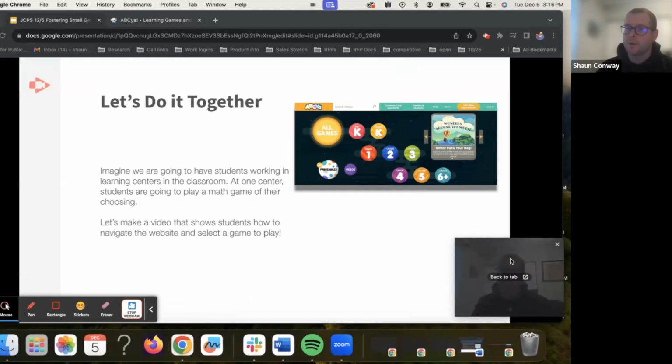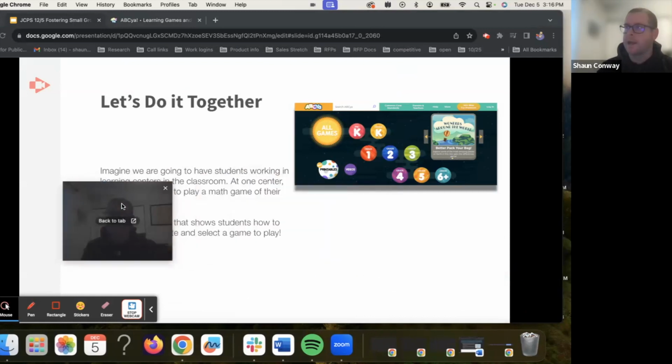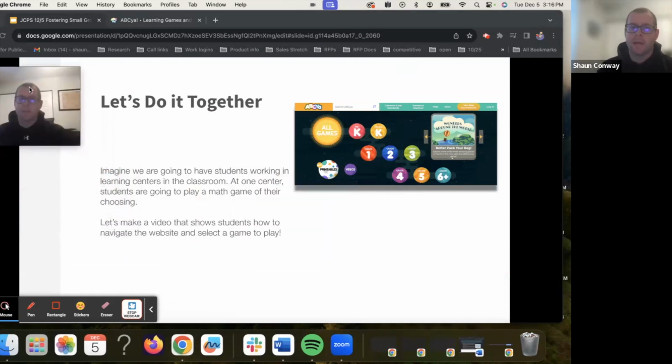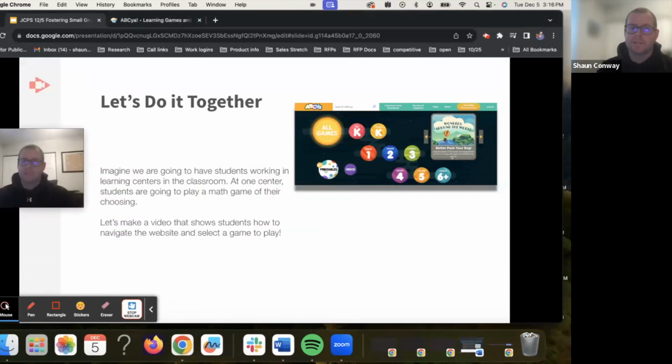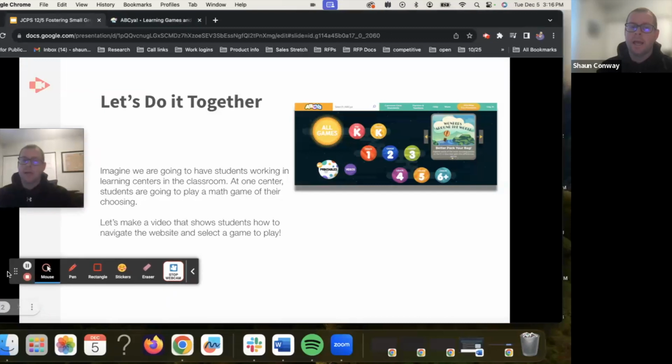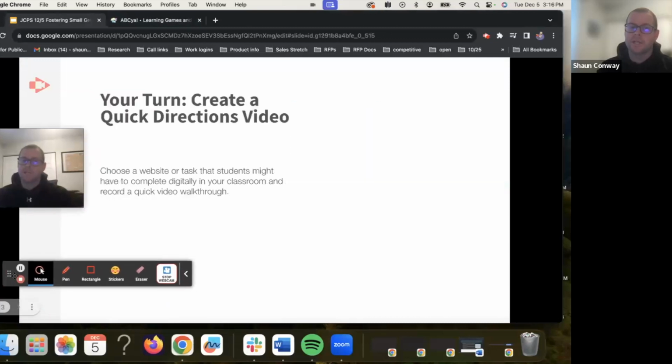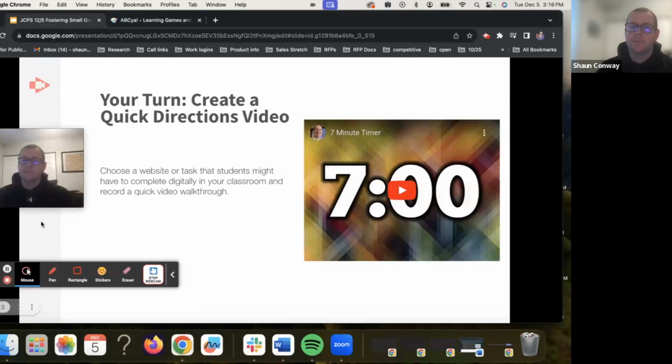A couple quick notes is that these are all modifiable. I can take my webcam and I can move it. I can do the same with the annotation toolbar. And depending on what it is that you're teaching and wanting to focus on, that's going to be where you actually look through and try to figure out what makes the most sense for what you're teaching.